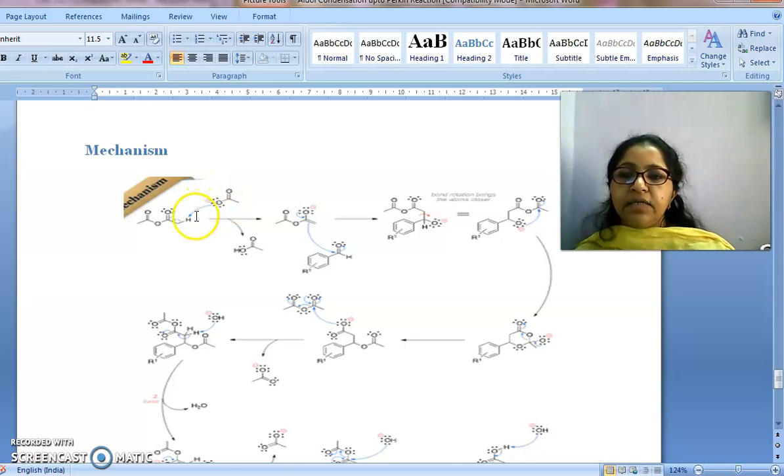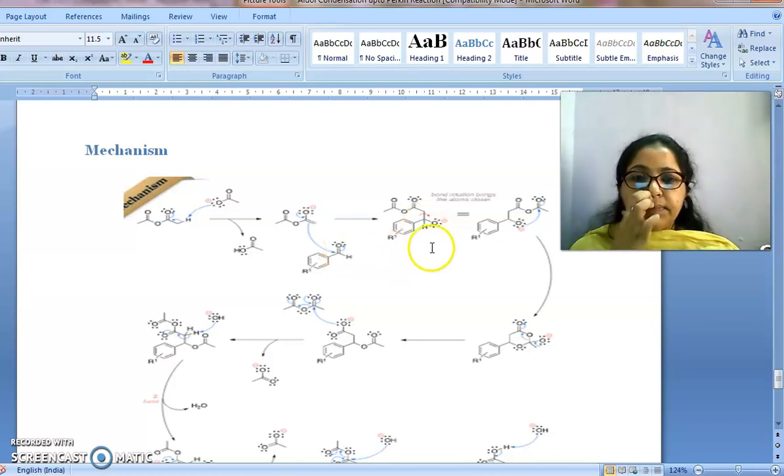So this acetate will take one proton from the alpha position, and it will give a negative charge. So what you are getting is acetic acid. Now this negative charge will again come back to its original position, that is on the carbon, and the negatively charged carbon will attack the benzaldehyde carbonyl carbon. Okay, so here we are getting an oxide. This oxide will